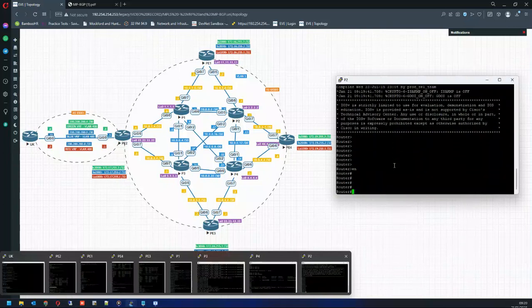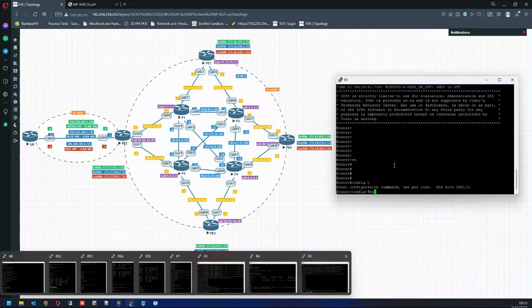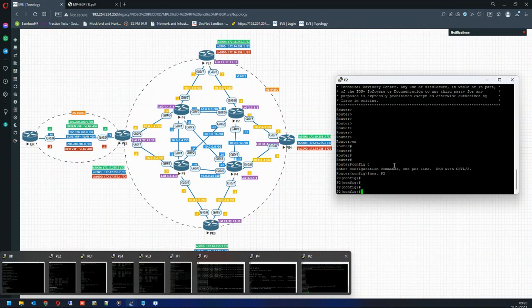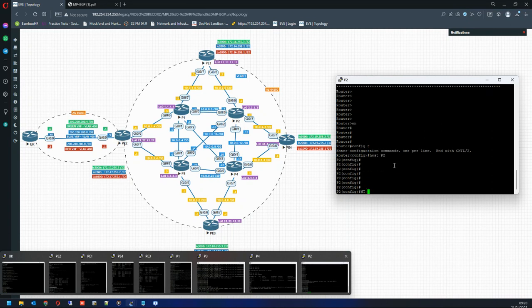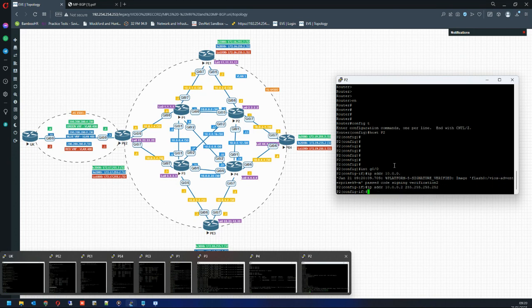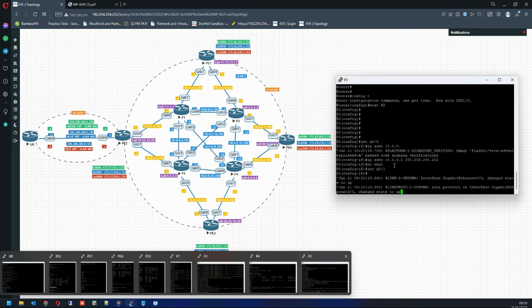So I'm going to do P2, first name P2, interface G0/0, and the 0.0.2, 255.255.255.252. No shut. Interface G0/1,